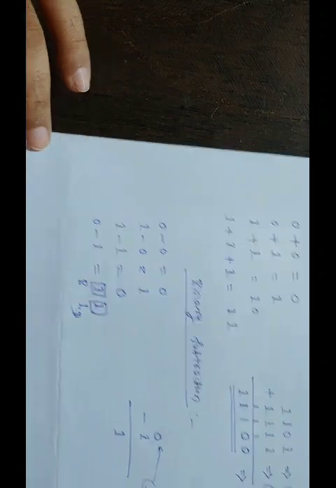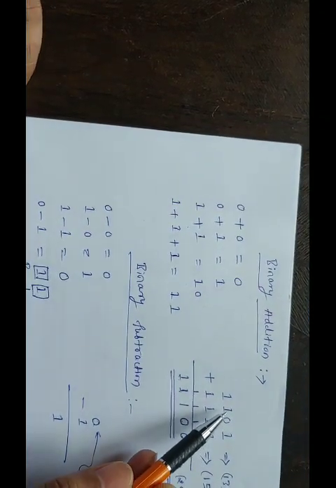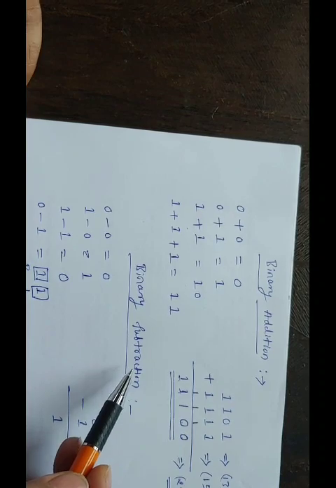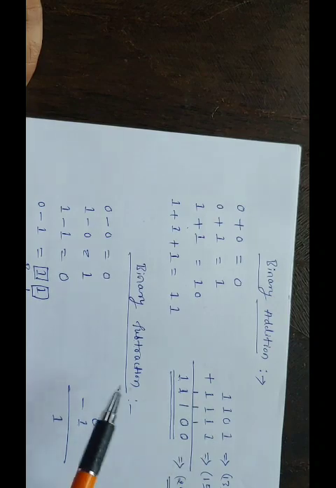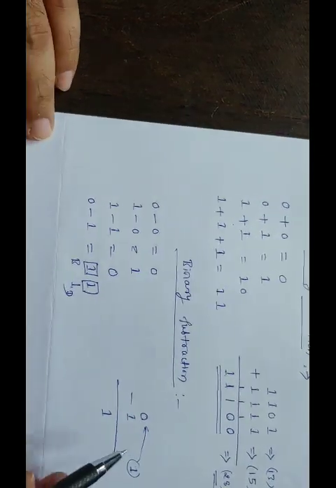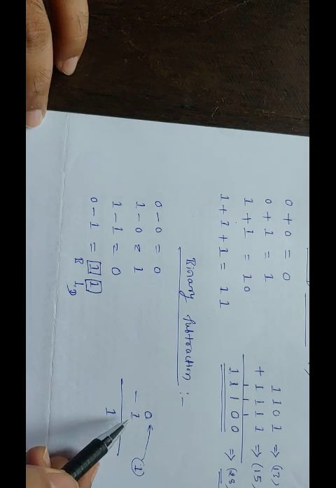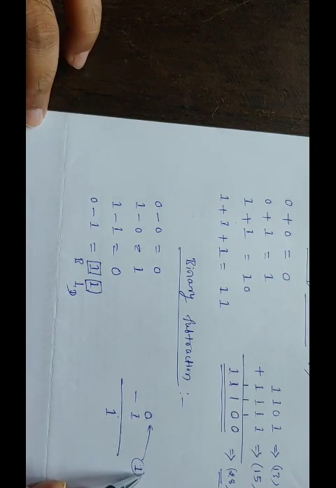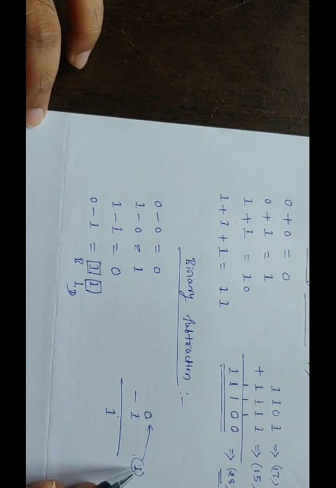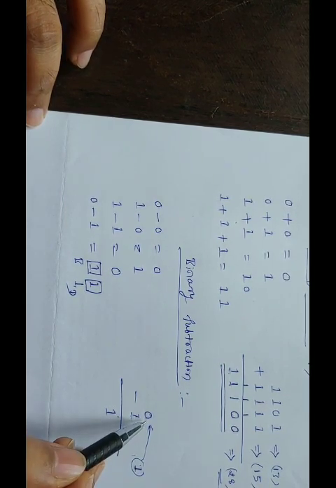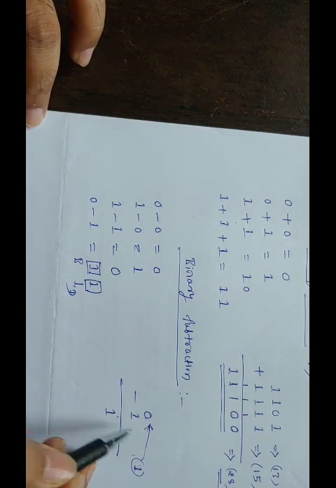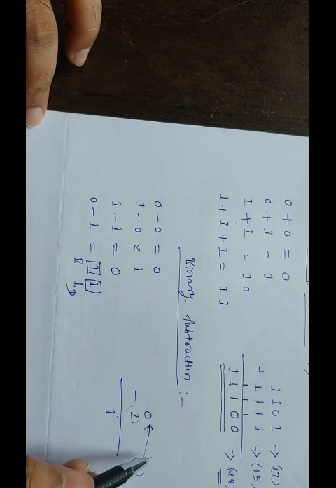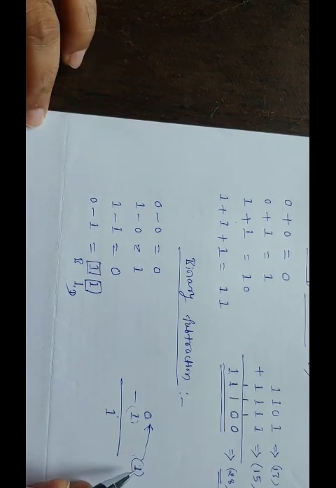Look at here. If we compare the addition operation and subtraction operation, for the computer, addition operation is easier. Because for the subtraction, look at here, 0 minus 1: whenever this situation arises, it has to create a 1 somewhere in the memory location, and that has to correspond with this one, the value should be taken, then the value will be subtracted. That means the process becomes a little bit complicated for the machine.